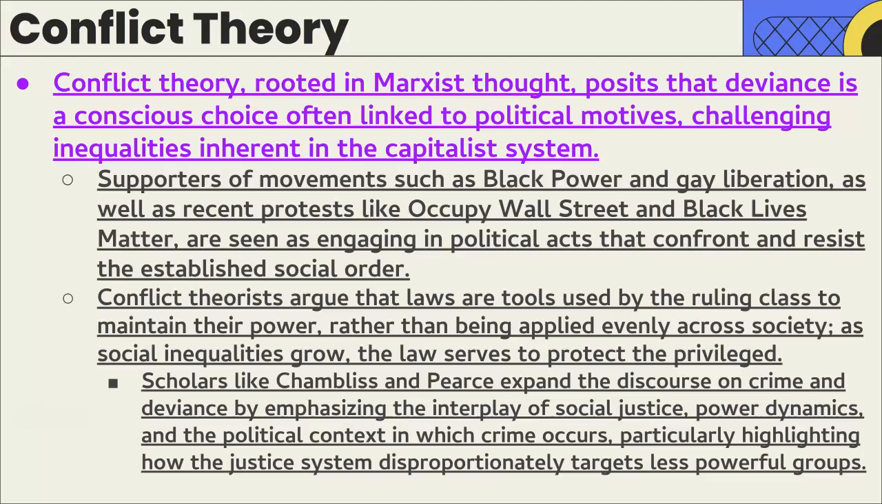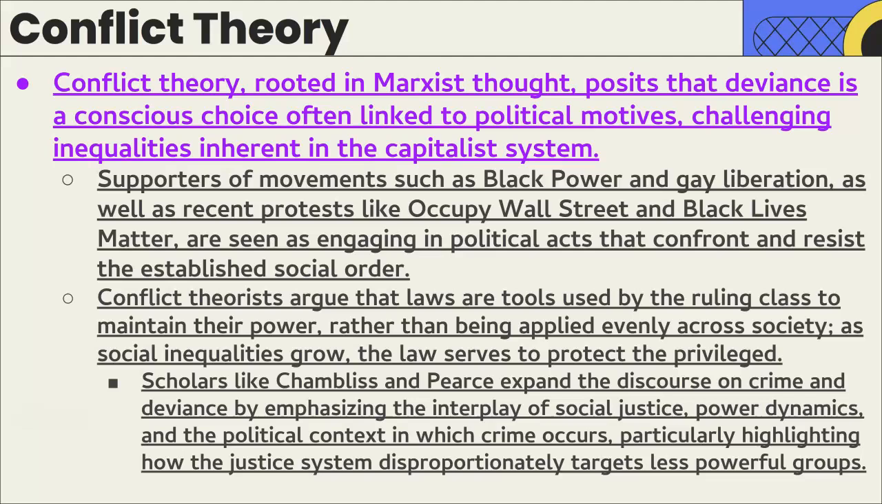Anyway, so conflict theory, influenced by Marxist thought, of course, views deviance as intentional and often political. Unlike other theories that focus on factors like biology or labels, conflict theorists argue that people choose deviant behavior in response to the inequalities in society, particularly the capitalist system. For example, groups like the Black Power movement or the LGBTQ plus rights activists are seen as challenging the social order through their deviance. So more recently, movements like Occupy Wall Street and Black Lives Matter have also been viewed